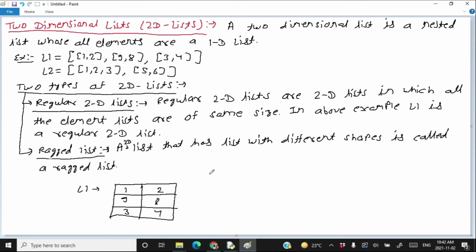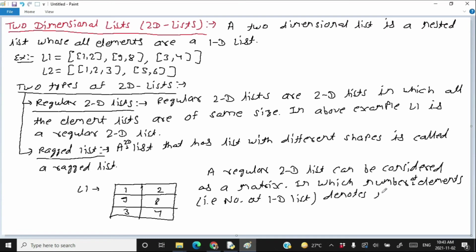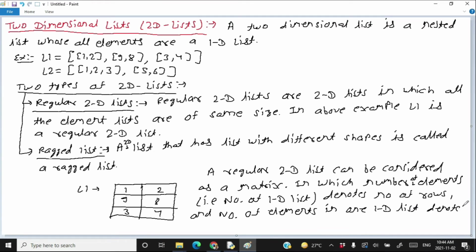A regular 2D list can be considered as a matrix in which the number of elements, that is the number of 1D lists, denotes the number of rows, and the number of elements in one 1D list denotes the number of columns.